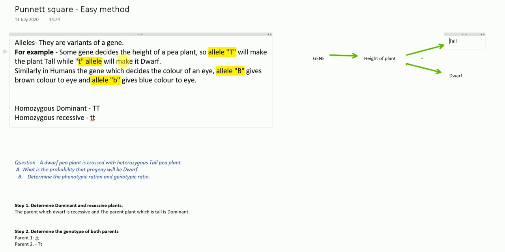while recessive alleles are those which show their effect only in the absence of the dominant allele, or in other words, they need to have two copies of themselves to show their physical effect. We can take an example like a tall plant would be tall if it's having two copies of capital T, or it will be tall even if it's having a single copy of capital T. For a plant to be dwarf, it needs to have two copies of small t.